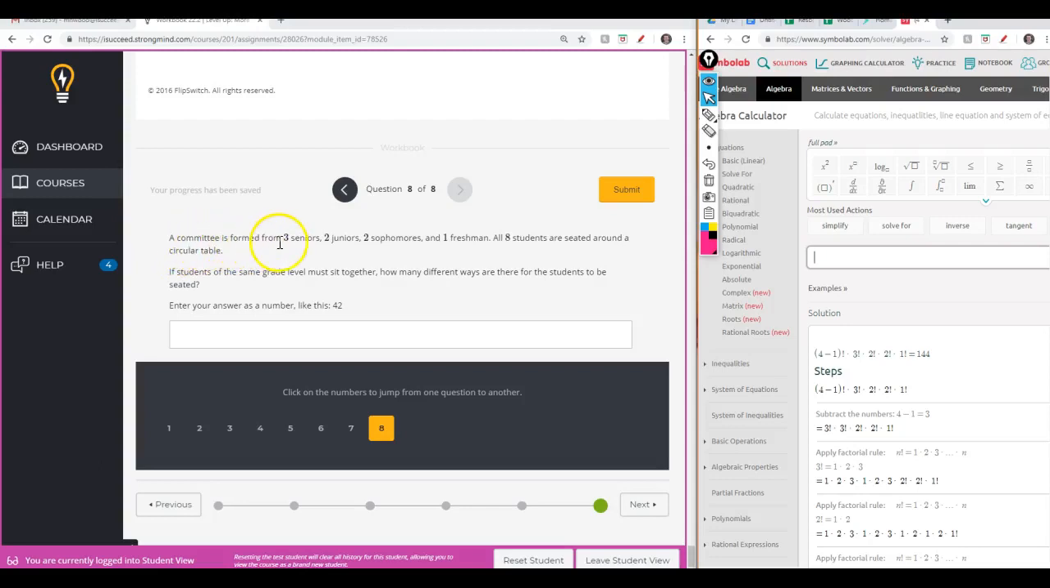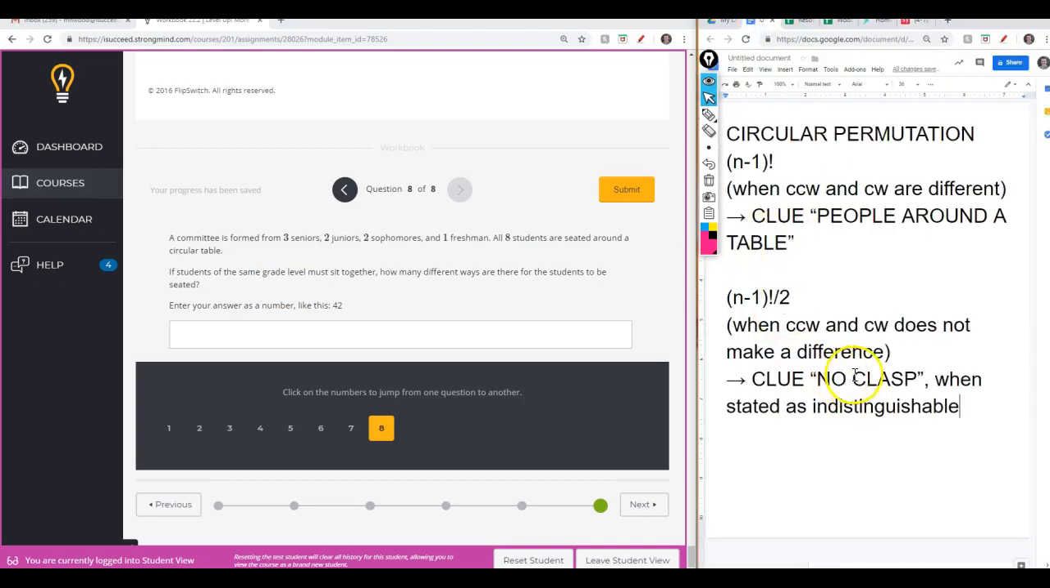So a committee is formed from 3 seniors, 2 juniors, 2 sophomores, and 1 freshman. All 8 students are seated around a circular table. If the students of the same grade level must sit together, how many different ways are there for the students to be seated? Okay, so on this one,